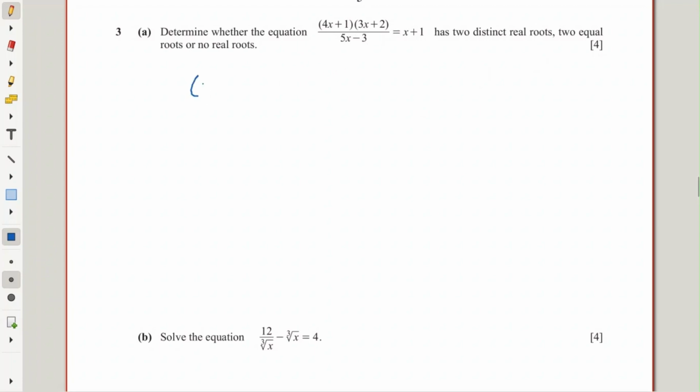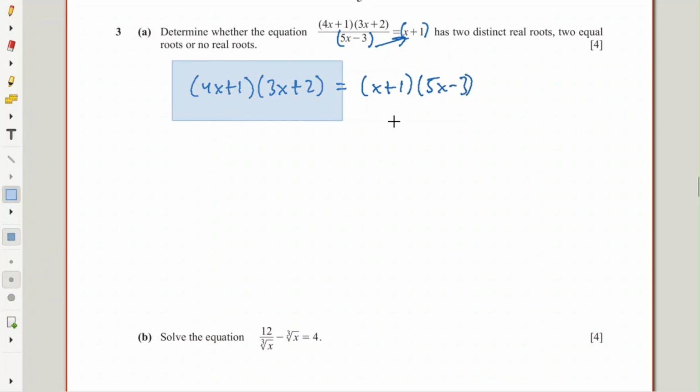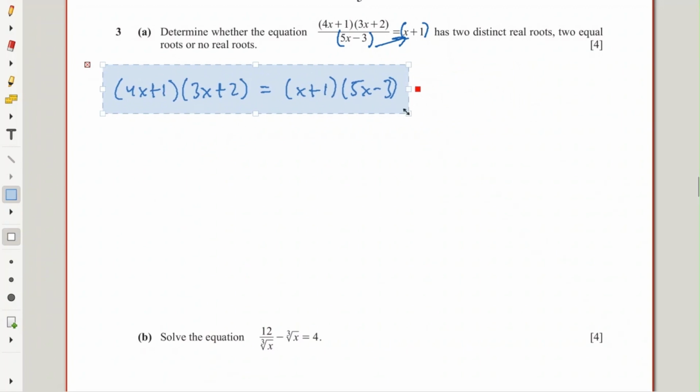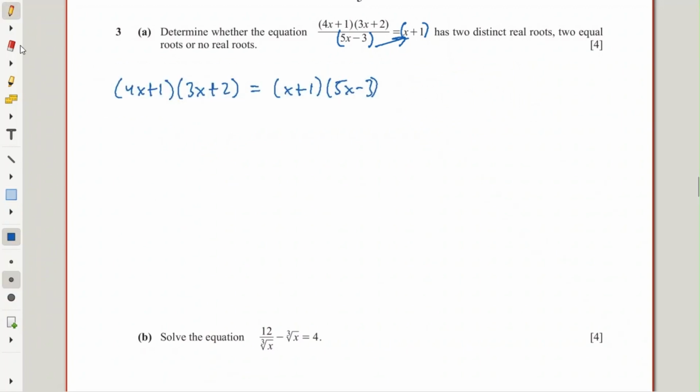So this one can be written as, let me put this one in a bracket, this one in a bracket. I can cross multiply. You know, your algebra must be very good. That's why we do math D in Cambridge. So when I expand this, let's see what will happen. I'm going to get 12x squared plus 11x plus 2 is equal to